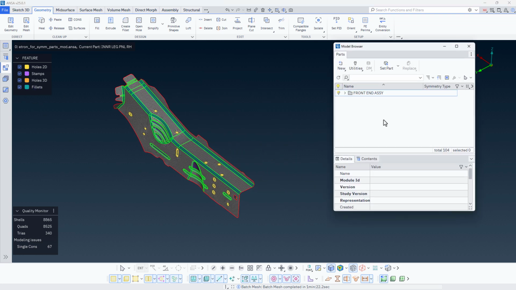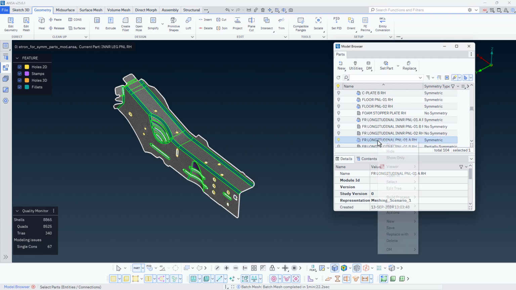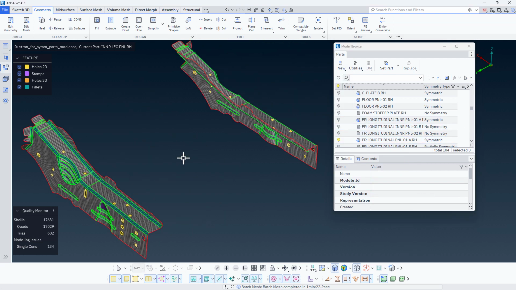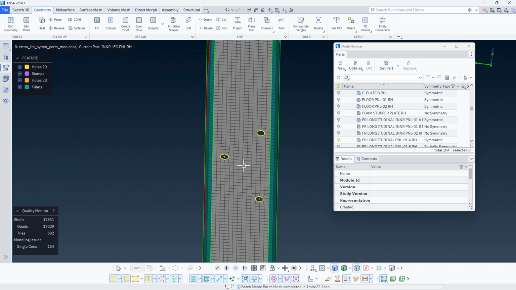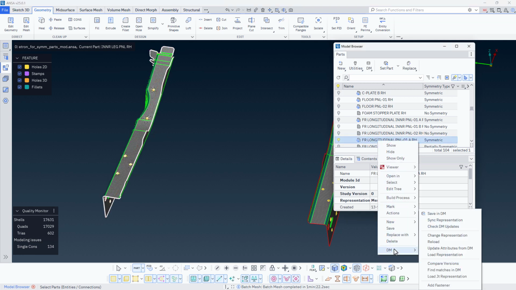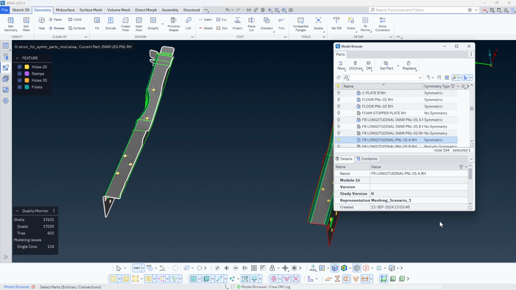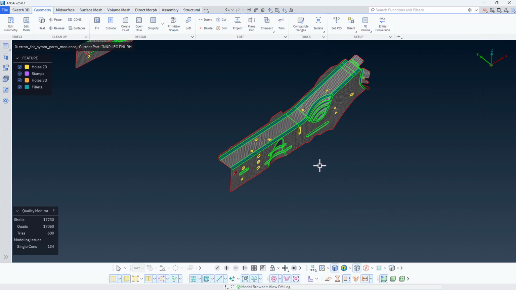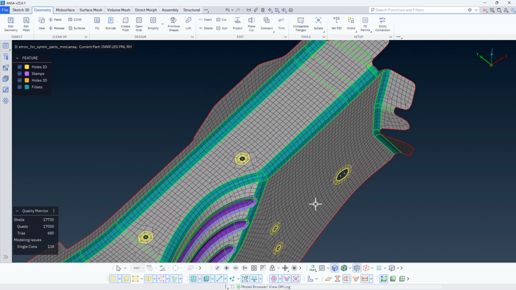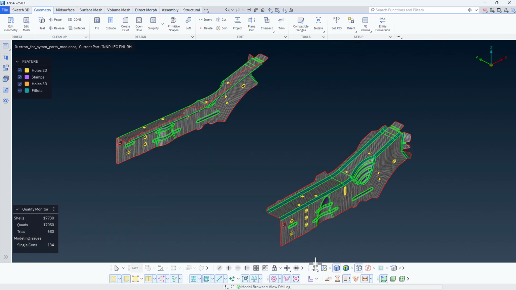Bring its symmetric part to visible via the Select Symmetric option in the model browser. This part does not have zones. If they are required, there is no need to create them from start. Just select the modified part in the model browser and from the Context menu click DM and then Sync Representation. The left rail has been updated. This applies to any modifications existing on one side.